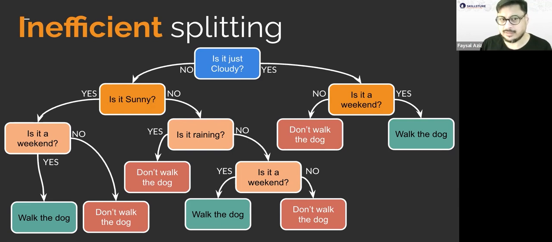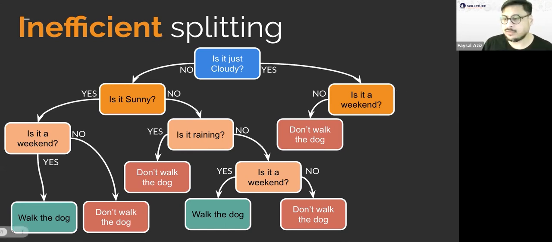What in the world does that mean? What is the Gini calculation? Well, over here, how many possible outcomes are there? 1, 2, 3, 4, 5, 6, 7. Of which 3 of them are walking the dog and 4 of them are not walking the dog.